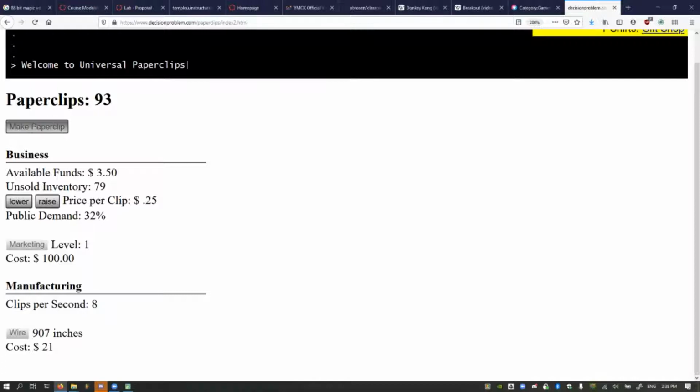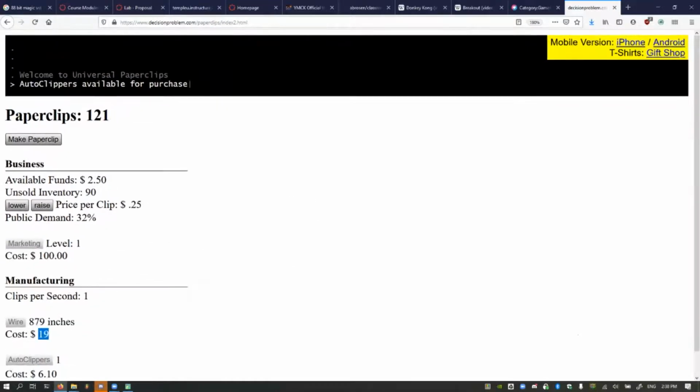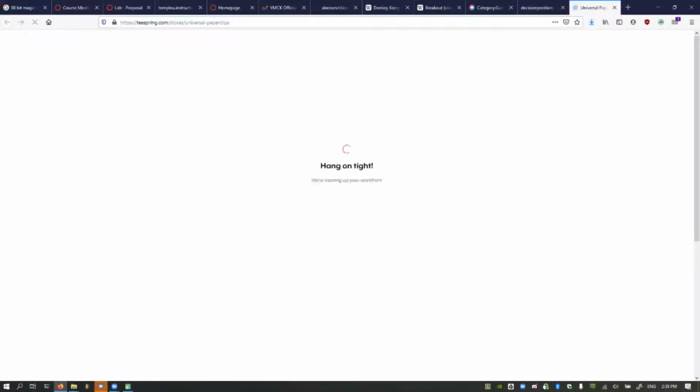Once you do this, we are selling paper clips to make money over here, and in a bit we should be able to get an auto clipper, which costs $5. Now I can buy this and now it will clip paper clips for me automatically, and since you're playing an AI, various features will unlock in this web page. You notice that the graphics aren't much. Now, why do I like this game? Because it gets kind of existential.